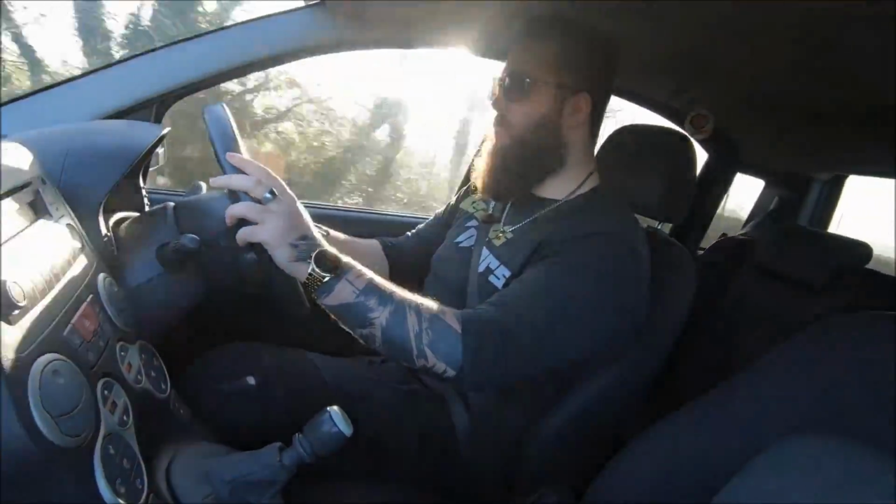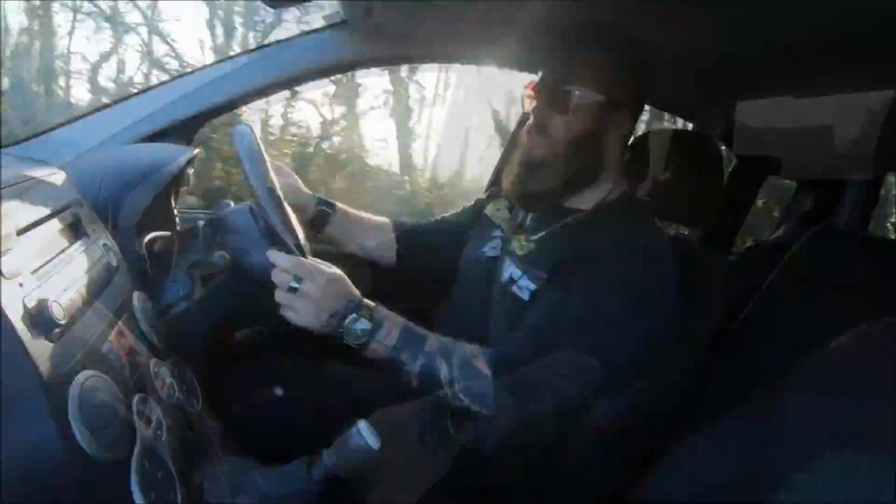I believe that some hot hatches have lost their way in that regard. They've gone all in on performance, and they are very fast, but they are simply not as engaging to drive as this car with half, a third, sometimes even a quarter of the power, because it doesn't need more. This is a throwback to those older days,